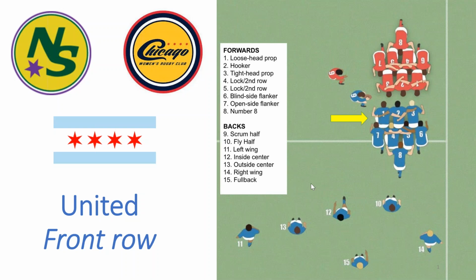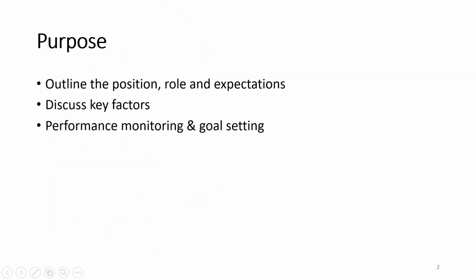Recording. All right, beauty. So with the front row, numbered left to right, 1, 2, 3. I know some of you have played front row, probably have a lot to say on this, but I just want to go through a little bit our purpose. So, outline the position, the roles and expectations, discuss the key factors, and performance monitoring and goal